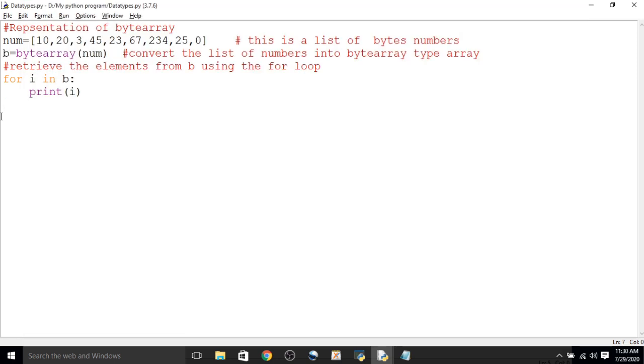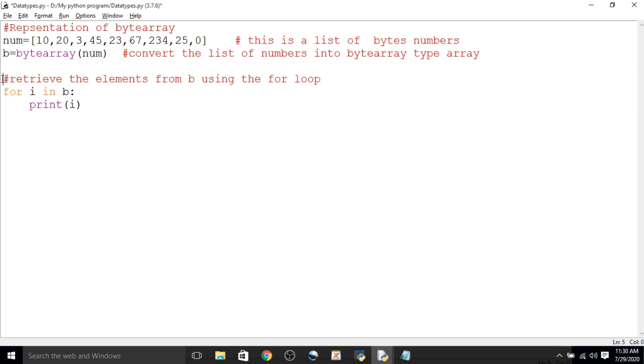Now one important thing is that we want to modify the content of a bytearray. Suppose for example, if you want to store b of 0 equal to, now within b of 0 we have stored 10 there.